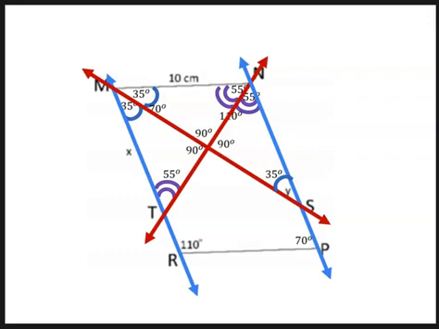Let's label the intersection point of MS and NT as A. Triangle MAN is congruent to triangle MAT by angle side angle, since the two triangles share side MA. So MN and MT are congruent by CPCTC, which means X is equal to 10 centimeters. Now that we've found the values of X and Y, we need to describe the relationship between segments NT and MS. Since triangle MAN is congruent to triangle MAT, I can use CPCTC to prove that AT must be congruent